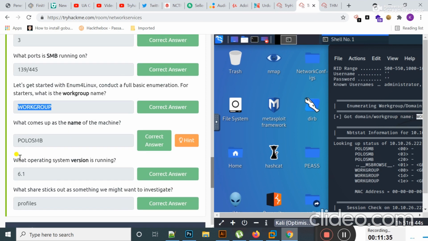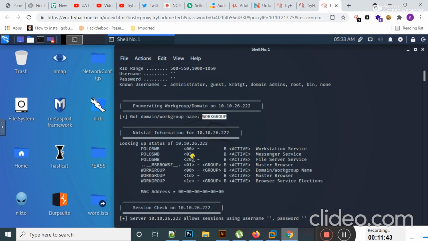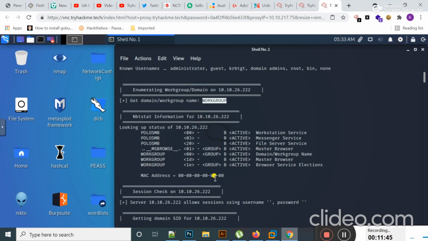Okay, the next question is: what comes up as the name of the machine? I have to find the name of the target machine. If I scroll down, guys, you can check here.